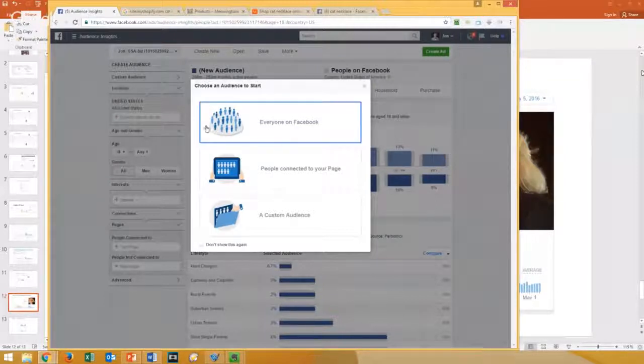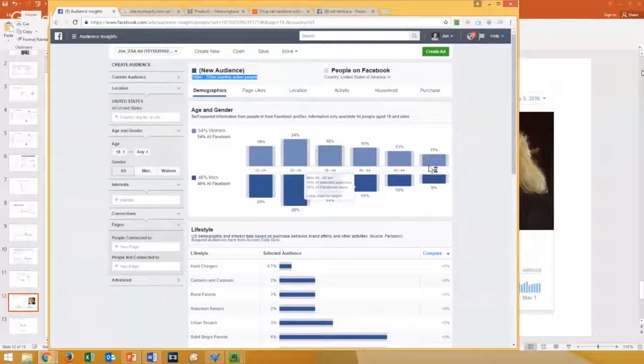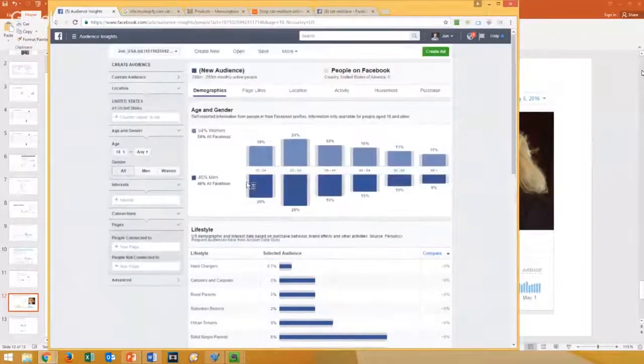So let's start with everyone on Facebook as the broad audience, and we're just looking at the United States right now. There are 250 million people, monthly active users, and what you will see here in the Audience Insight is the demographic. It's 54% women and 46% men that are on Facebook overall in the US. If you want to look at a specific age range, the demographic of that, what they're liking, where they are located, and things like that, you can narrow it down here by age and gender. And since I'm going to continue looking at the cat niche that I started with,